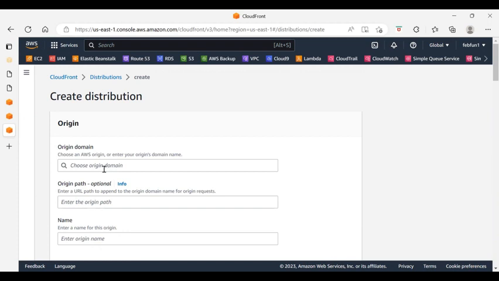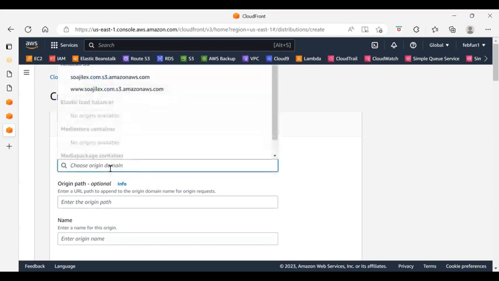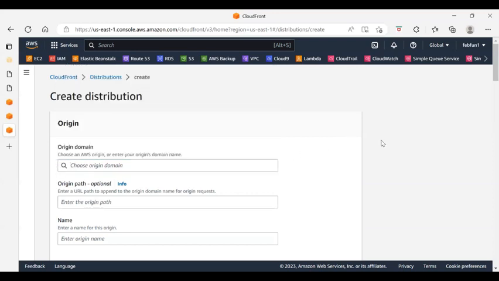CloudFront, you see, choose origin domain. This CloudFront is going to be for the 2 buckets as well. Let's not forget, it's going to be for the 2 buckets, so we are going to create them separately. All right. So when you click here, do not choose this. All we need to do is to go back to